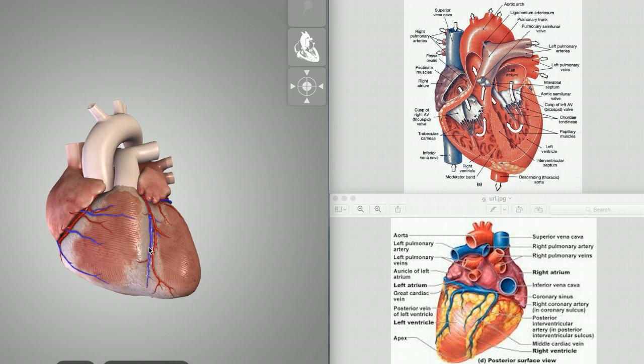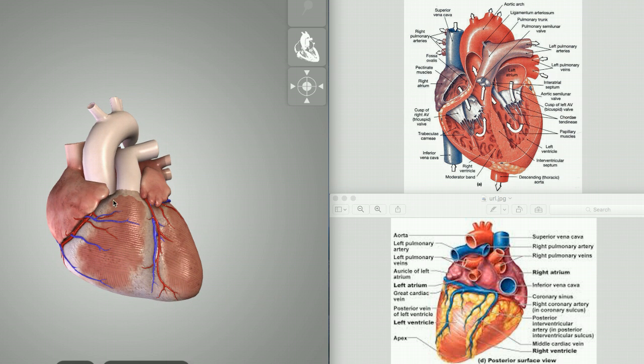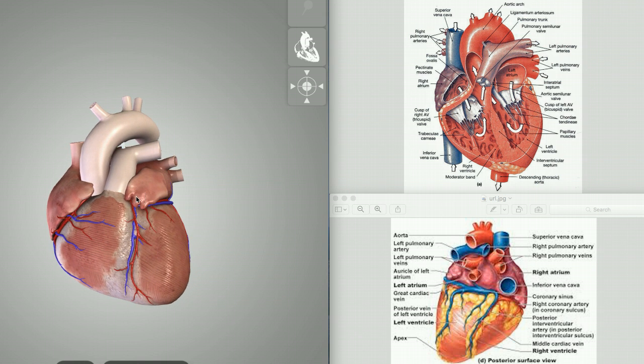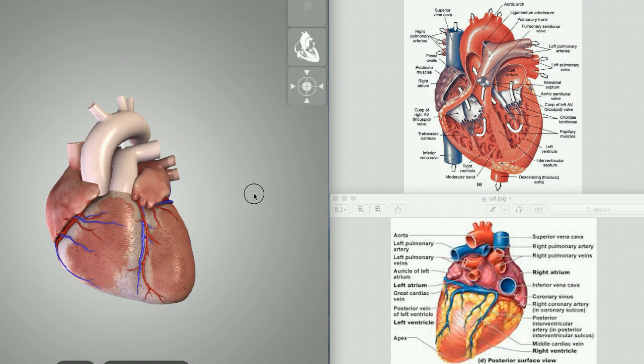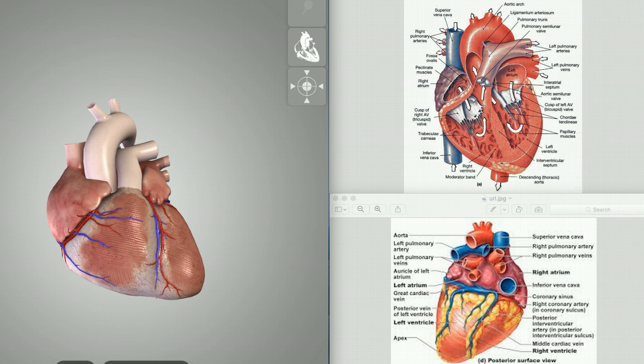So let's start off with an anterior view. The major structure that you want to be aware of is this thing here, which looks like an earlobe, which is the right atrium. What you have here, this butterfly shaped thing, if I switch around here, is the left atrium. Now in the front, we have the right atrium here, right ventricle, and then over here we have the left ventricle. So if I was to swing this back around,